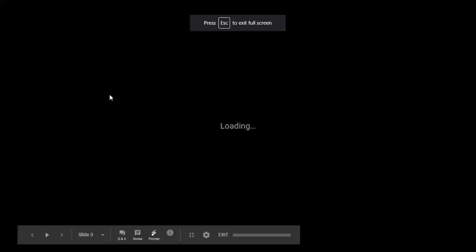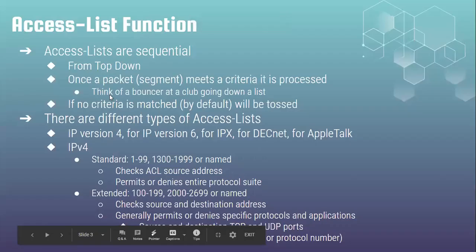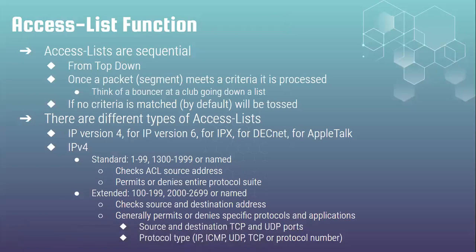Access lists are sequential from top down. So that's an important concept, and we'll see a little bit of that in the practice. It's a checklist, right? You're just going down a list, and once you hit that item,